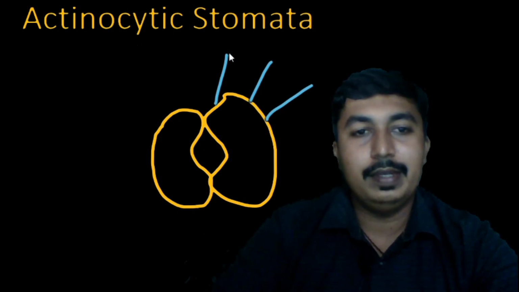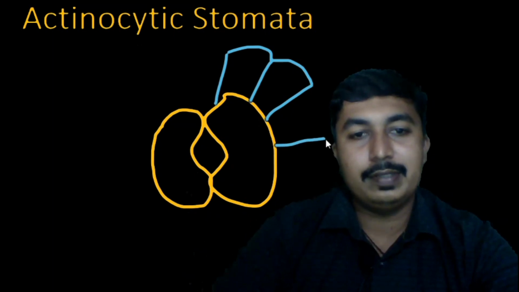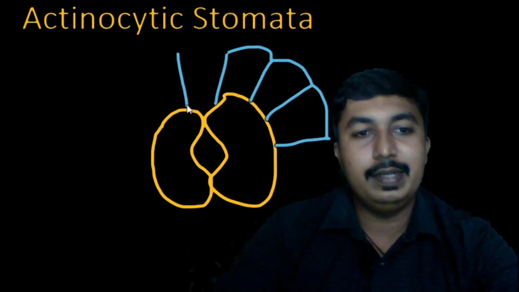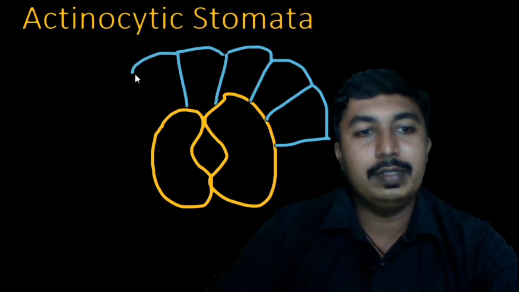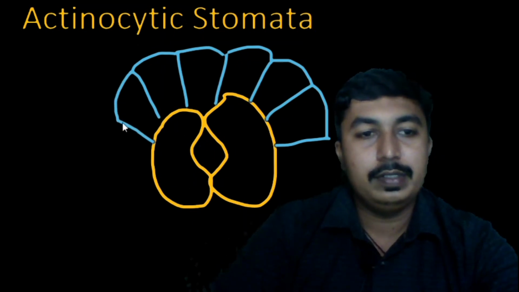So you can see here the guard cells are surrounded by subsidiary cells, and the subsidiary cells are radially arranged around the guard cells. You can see here the radial arrangement of subsidiary cells